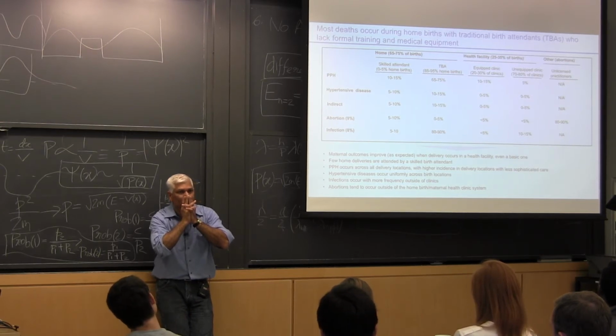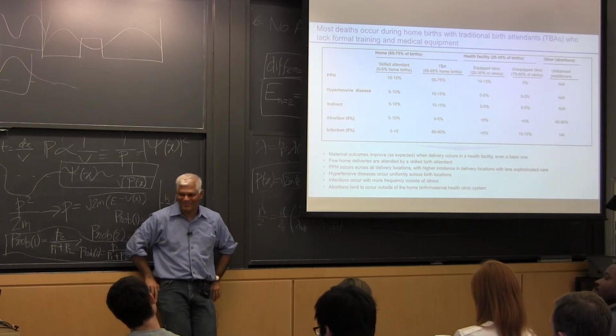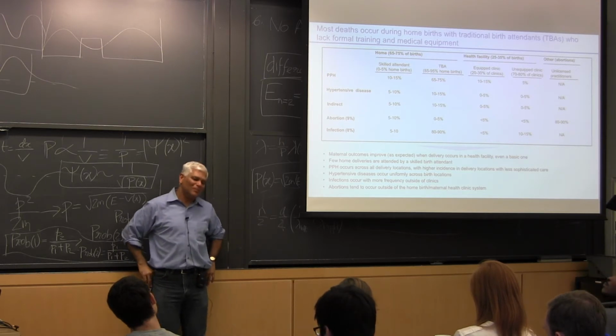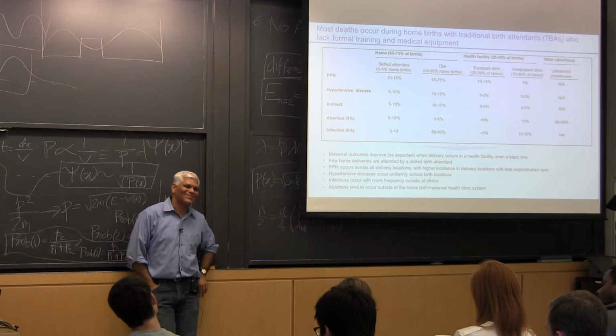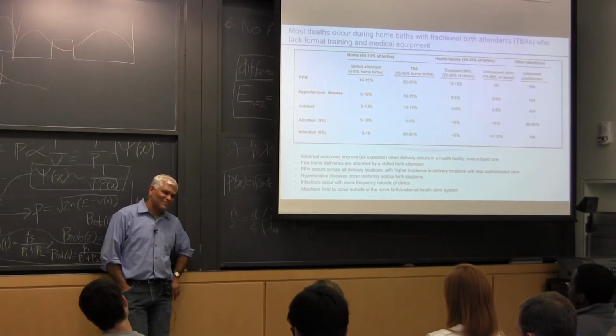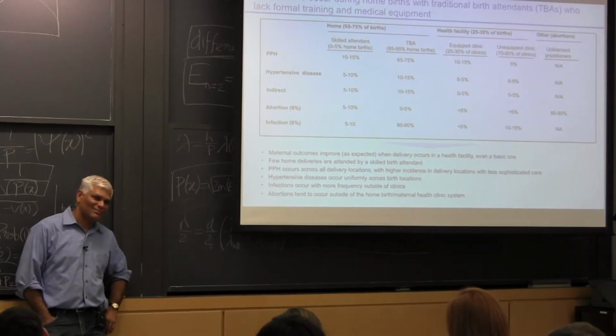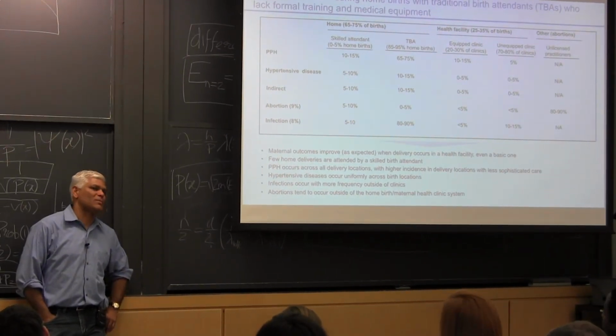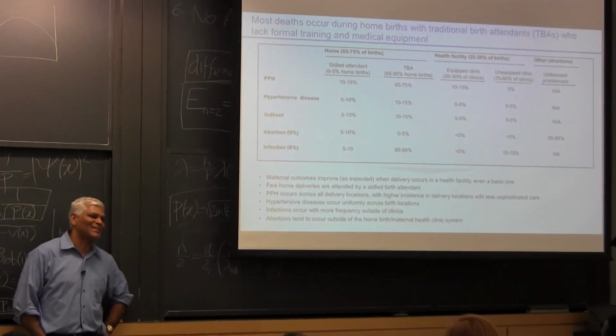Yes? So a lot of times when we're talking about solutions, we talk about how it's really difficult to change behavior, and you can absolutely integrate technology into the current context and the current behavior. That's ideal. So how do you know that the solution should be changing behavior as opposed to finding technologies that will make the home births more successful? Great question. May I answer that in just 2 minutes, because we'll get to that.